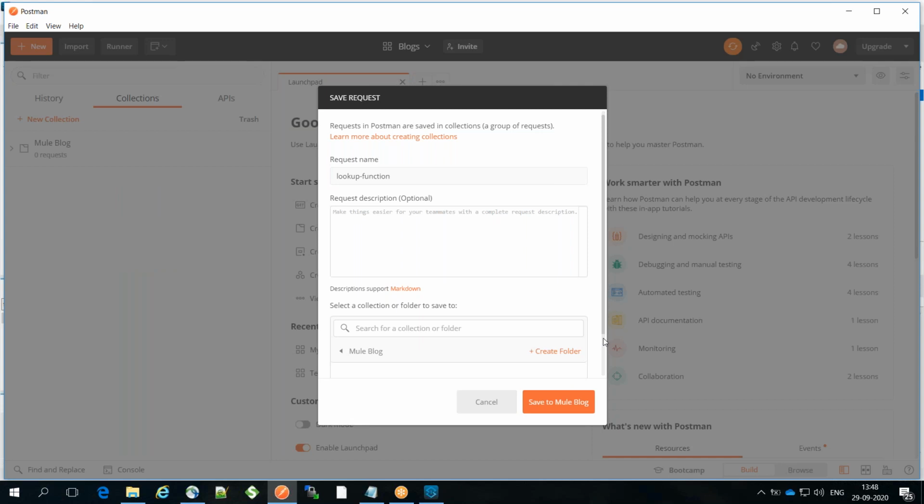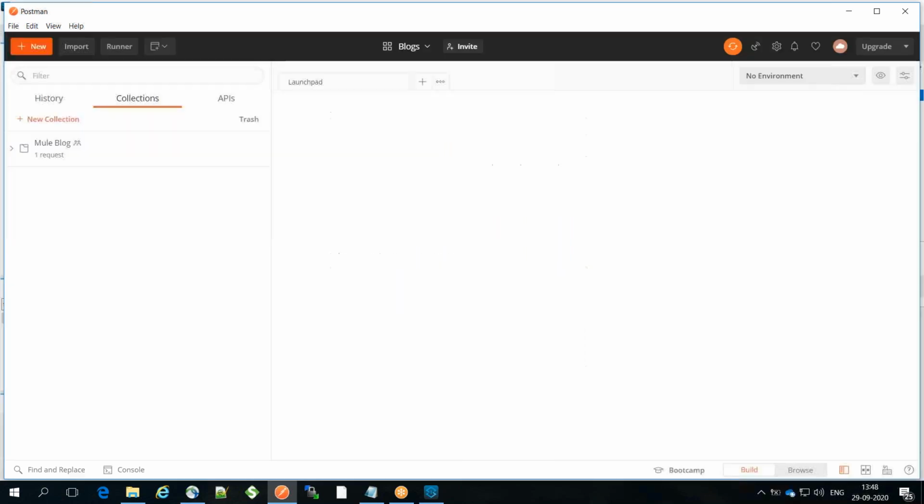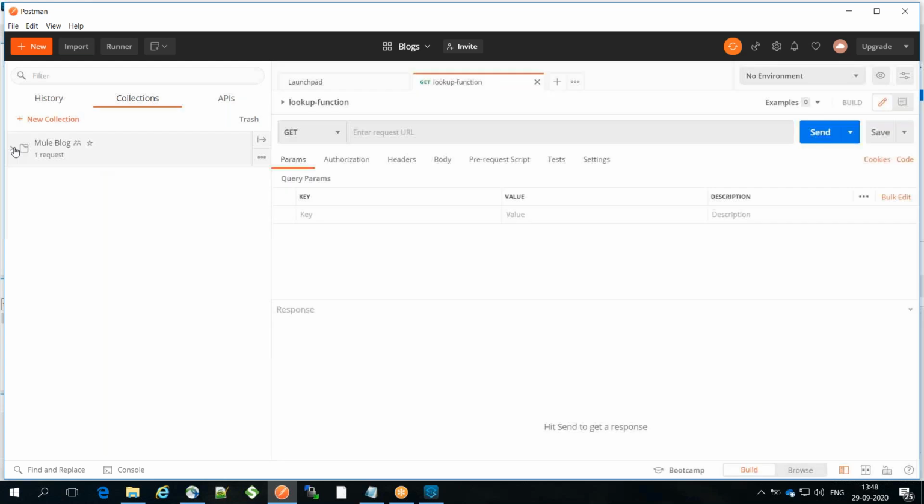So it is always good to do like this so that you can always reuse, you can always export this. When you start working in real time, you will understand this collections are very, very helpful. And even this can be shared across the team. If you have created some requests, then your team member doesn't need to spend time again in creating the one. You can just share it as is.